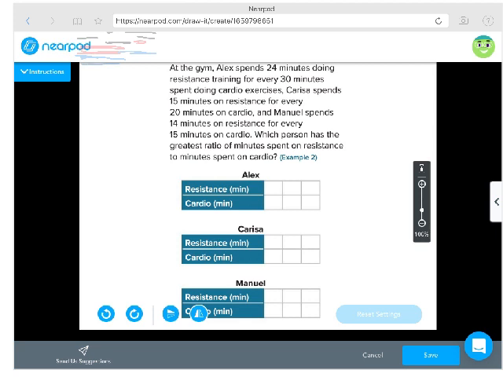All right. Let's go ahead and see which person has the greatest ratio of minutes spent on resistance to minutes spent on cardio, which means we want the minutes spent on cardio to match, and we want the greatest to be the resistance. Okay, Alex is counting by 24 on resistance